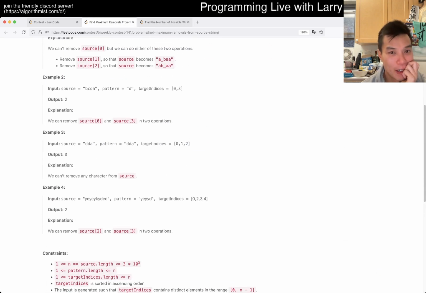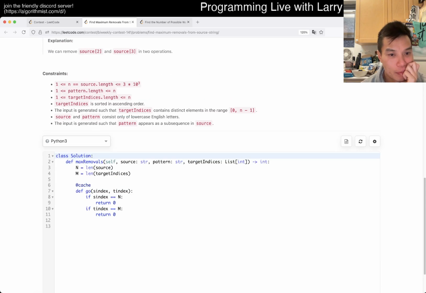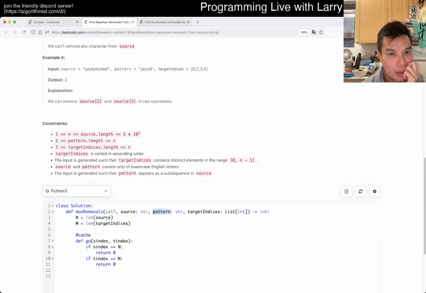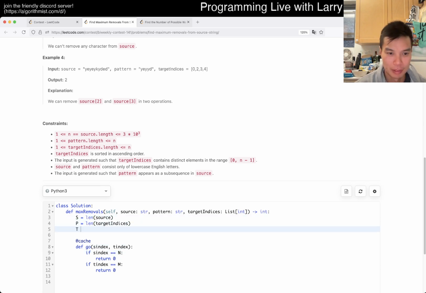Okay, so this isn't right, because we have to keep track of the pattern to test. Do we though? No, I don't think so, Larry. You're wrong. Also, this is terrible naming. No, you don't need to do it this way. You know, this is deterministic, right? So you only need